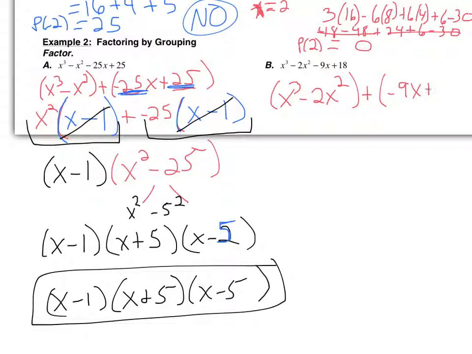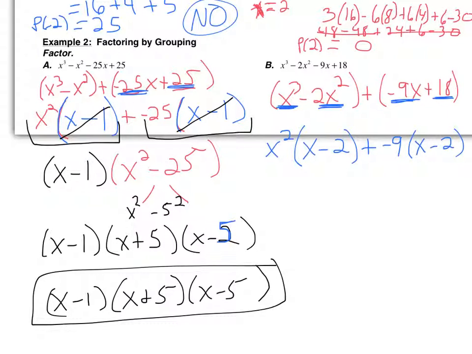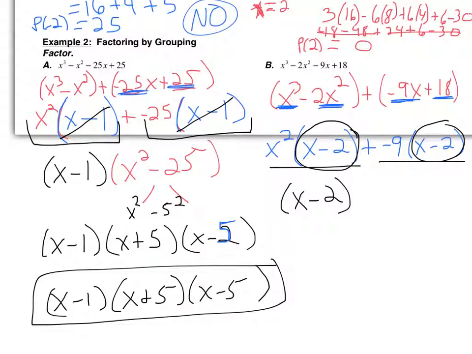And then for b, I can write that as x cubed minus 2x squared plus negative 9x plus 18. And then I'm going to look and see what's common between x cubed and 2x squared. If I divide out x squared here, I just have an x left. Divide out x squared here, I get negative 2. Plus, and then between negative 9x and 18, I can take out a negative 9. If I take out negative 9 here, I'm left with x. If I divide negative 9 here, I'm left with minus 2. And then I know that x minus 2 and x minus 2 are the same. So x minus 2, because they're two separate terms. And then what's left inside